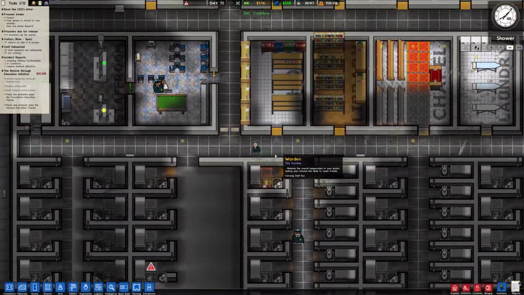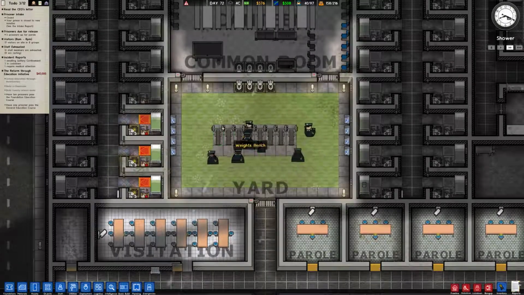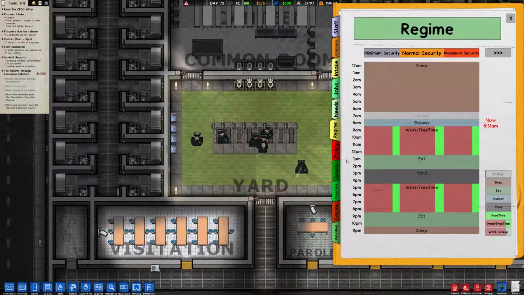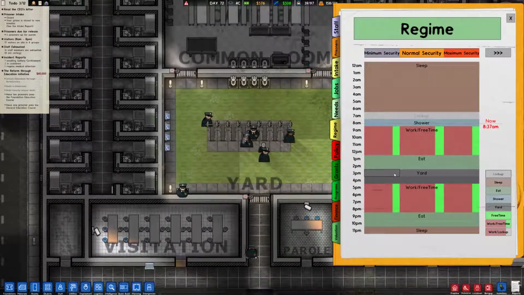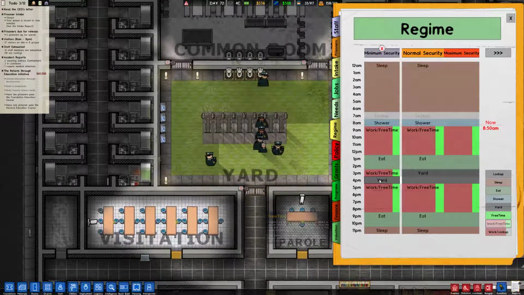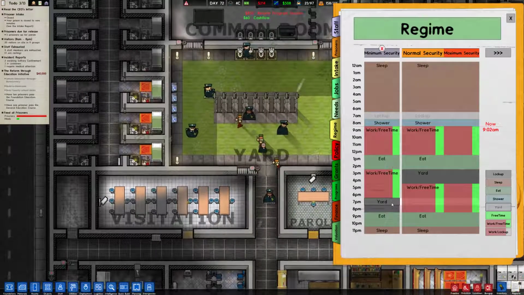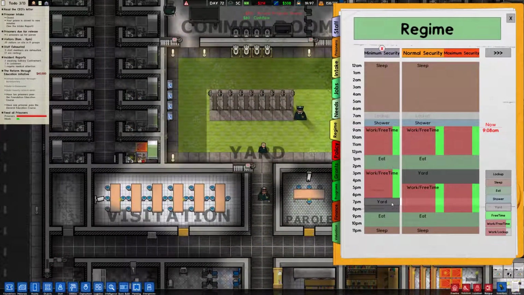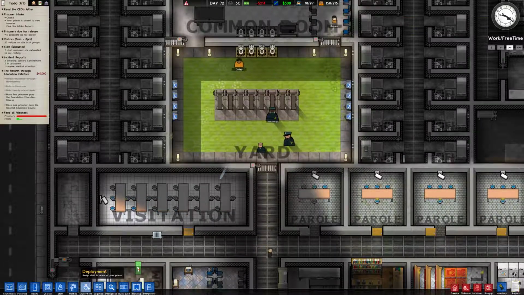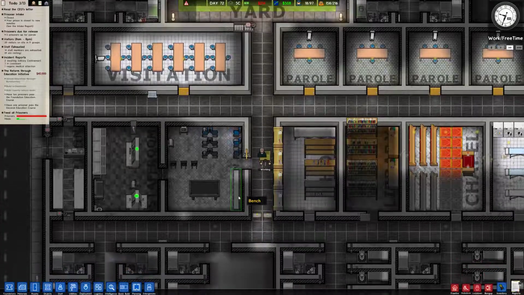And what we can do now is start planning out our new regime. So at the moment, see, look, it's going to cut down on the amount of dudes that we need. Oh, slight problem. It's going to cut down on the amount of dudes that we need, but it's also going to modify. Okay. Alright, so what we're going to do is go work, free time here. And then yard. Before food? Yeah, that should do the trick. Okay, so we'll split them out that way. We're going to make this yard here shared. And then if we come down to this yard down here,